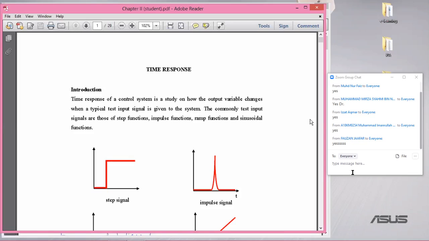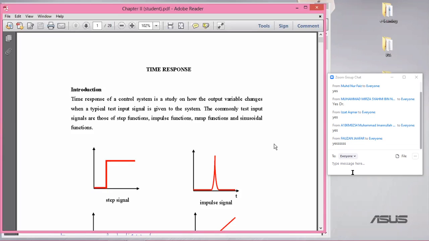So that is what we call a time response. In mathematical terms, we want to obtain the solution to the mathematical model, or in control engineering, we use this term time response. So what is time response? Time response is a study of how the output variable